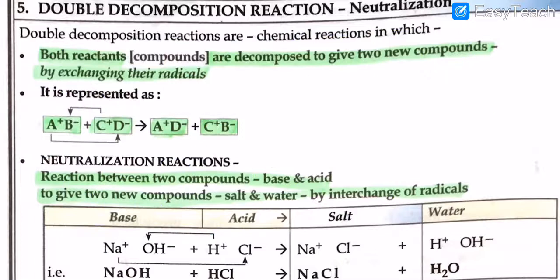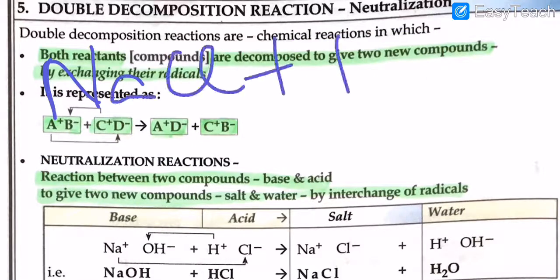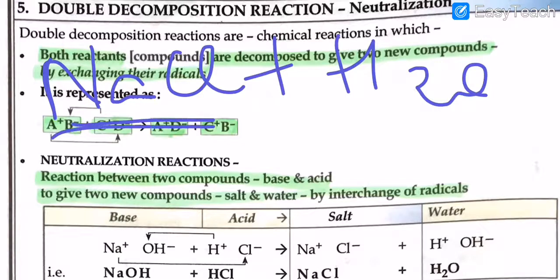Because there's 2 H and 1 O. So what does it become? NaCl plus H2O. Now, if I just say it in words, what do you think this is? Well, clearly it is sodium chloride and H2O, right? Sodium chloride and H2O. And if I just had to say what they are, well, this is clearly salt and